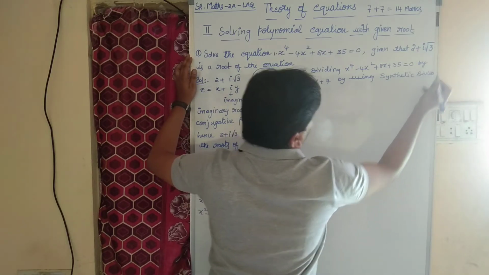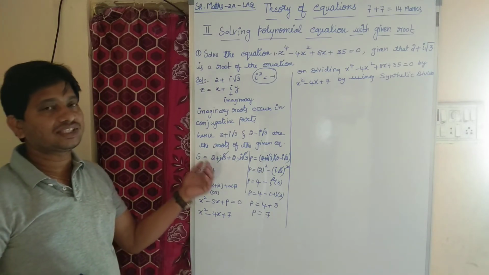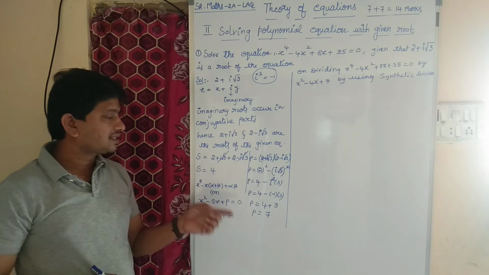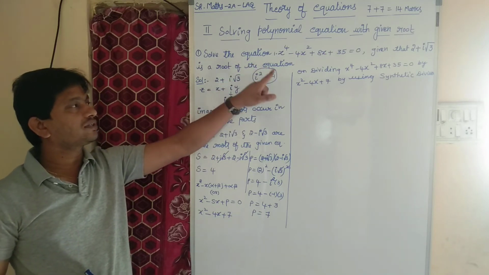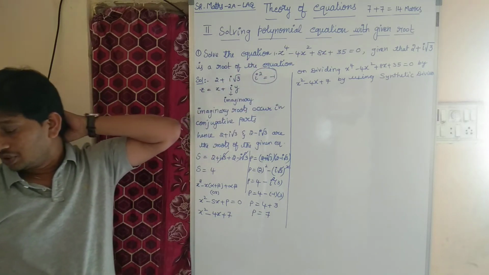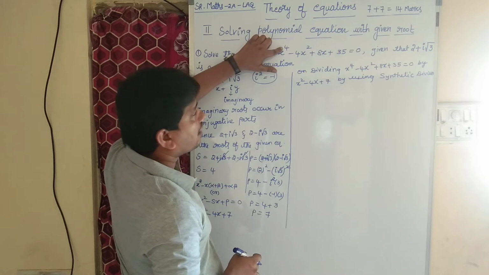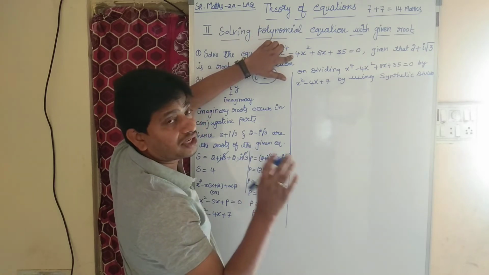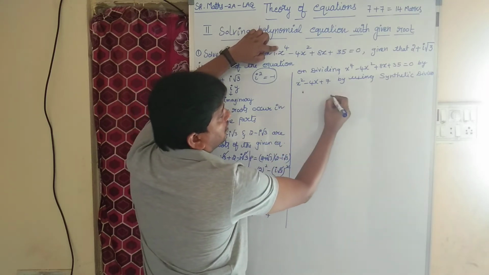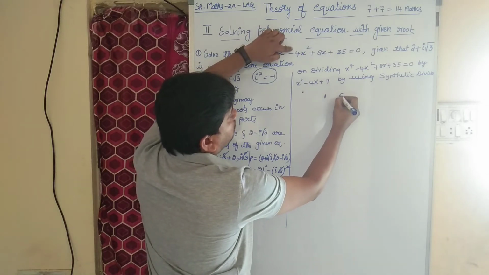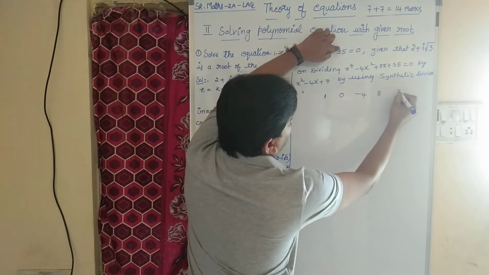Children, did you understand? As we found two roots, we have framed a quadratic equation by using the sum of the roots and product of the roots. The formula is x square minus sx plus p. As the given equation is x power 4 minus 4x square plus 8x plus 35 equal to 0. Okay. Now, the given equation is x power 4, children. After x power 4 it must be x cube, but here we don't have an x cube term. So first, the x power 4 coefficient is 1. We don't have an x cube term, so 0. And then the x square term, minus 4. And then the x term, 8. And then the constant.